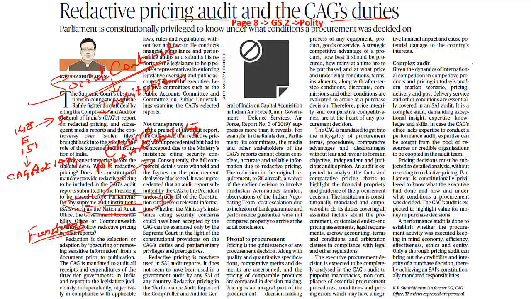Now let's look into some of the examples. The CAG reports have usually since independence exposed various genres of political, financial, bureaucratic and corporate scandals. Let's take some of the examples. It ranges from the fodder scam, from the allocation of the 2G spectrum. It ranges from the coal blocks as well as the Commonwealth scam as well. So it is able to come out and bring up all these scams into public limelight.